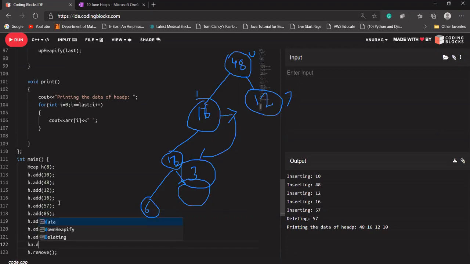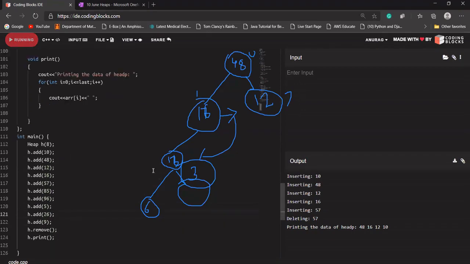H dot add let's say 9. Okay, how many data have we added? 1, 2, 3, 4, 5, 6, 7, 8, 9, 10. We are trying to add 10 data, but the size of our heap is 8.